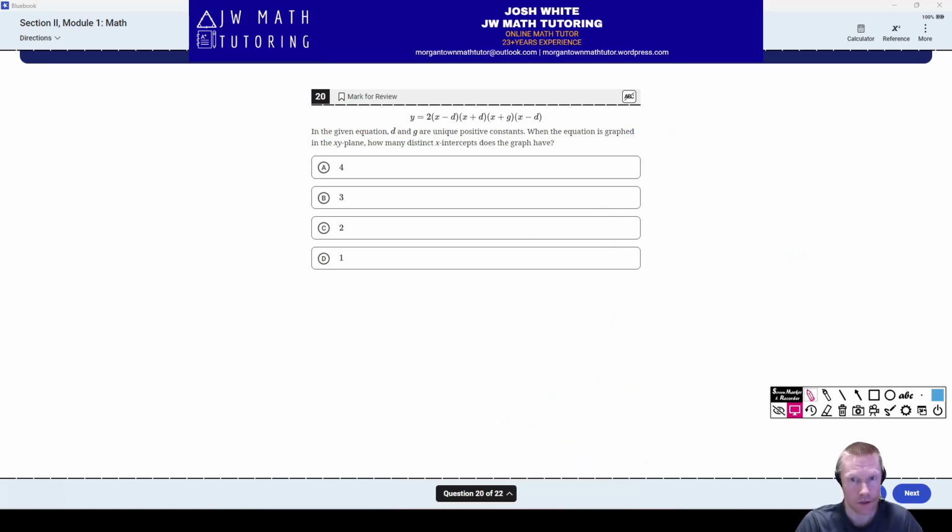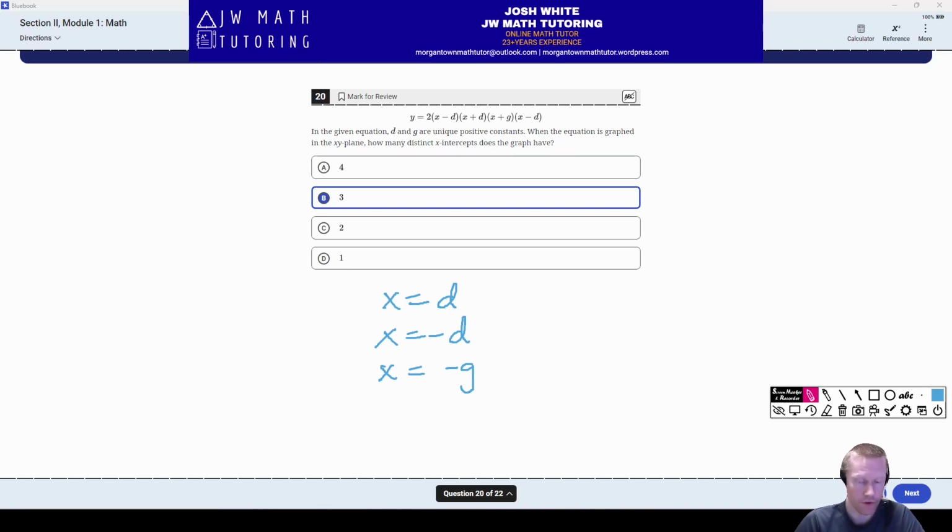All right, question number 20. How many x-intercepts does this graph have? So the correct answer to this question is letter B. It is 3. Basically, the 3 x-intercepts are going to happen at x equals d, x equals negative d, and x equals negative g. The reason is that here we have a double root or repeat root. So even though there are 4 factors here, this x minus d that's listed twice is basically going to involve the graph bouncing or just touching the x-axis